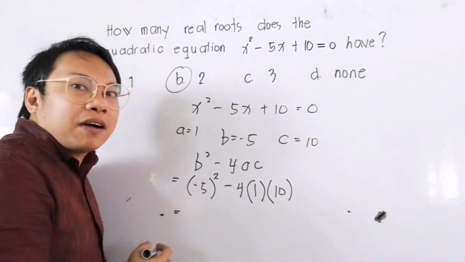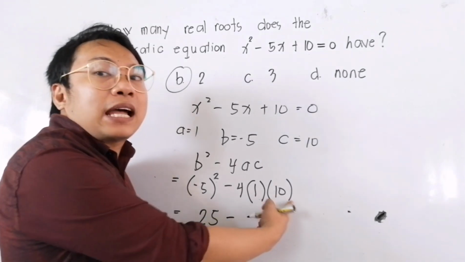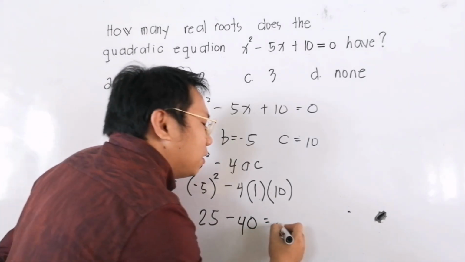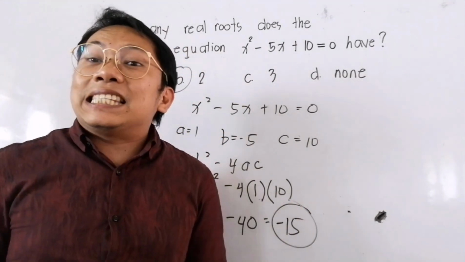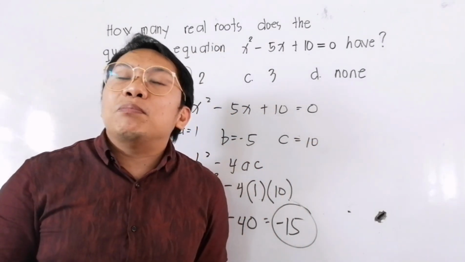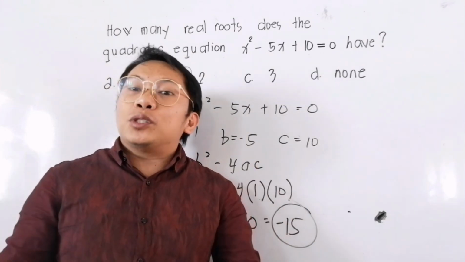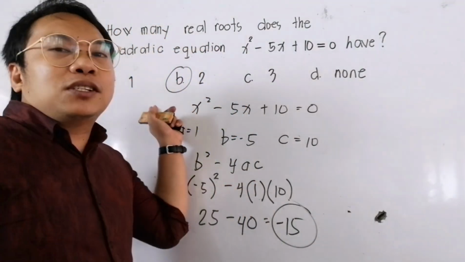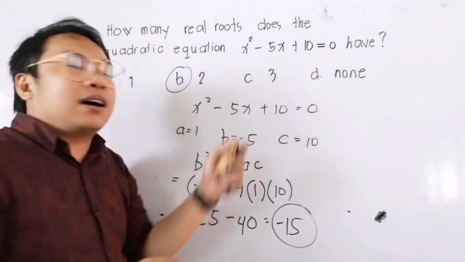So you have negative 5 squared, which will give you 25, minus 4 times 1 times 10, which will give you 40. And 25 minus 40 will give you minus 15. So minus 15 is less than 0. And as I've said earlier, if the discriminant b squared minus 4ac is less than 0, then your roots are imaginary numbers. Therefore, the answer to this question, A equals 1, B equals 2, C 3, D none,